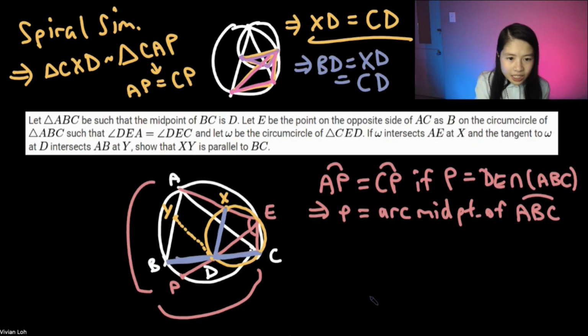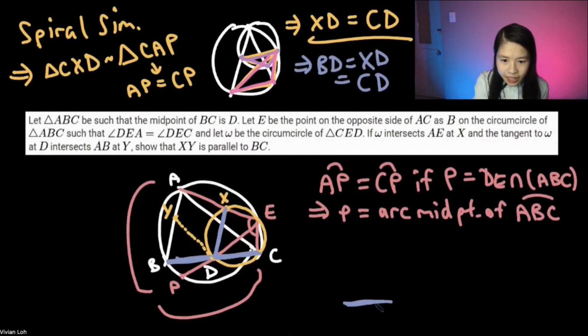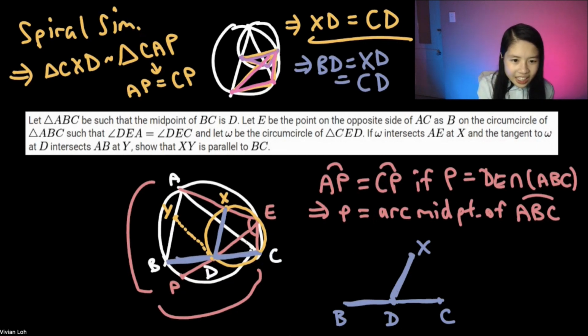Okay, so let's just take a step back and think about what we have in the diagram so far. So we have a blue segment on the bottom that has a midpoint, and we have another blue segment there, and all 3 of the blue segments are equal. So we have B, D, C, and X. And then, something else important to note maybe is that YD is going to be parallel